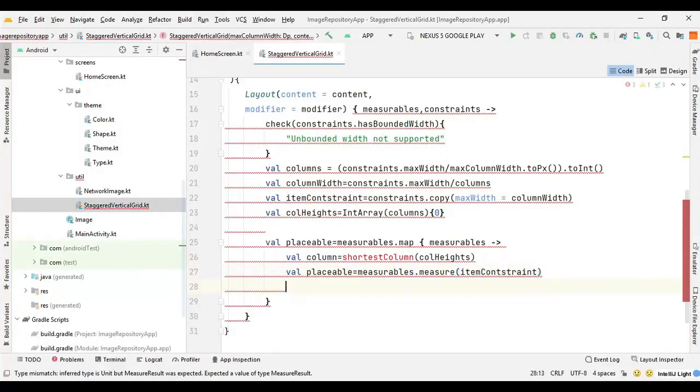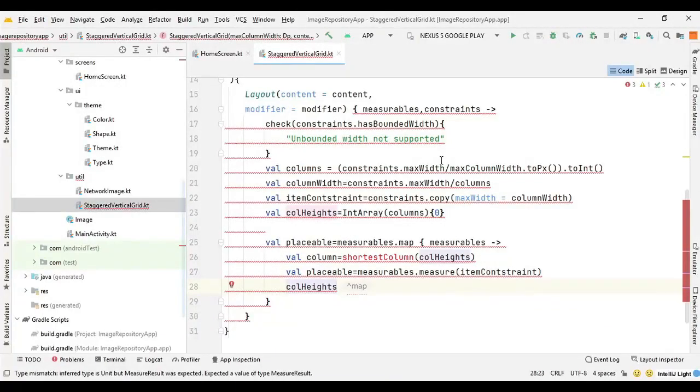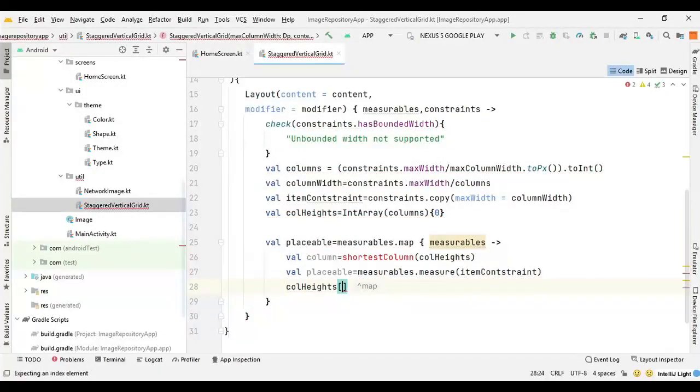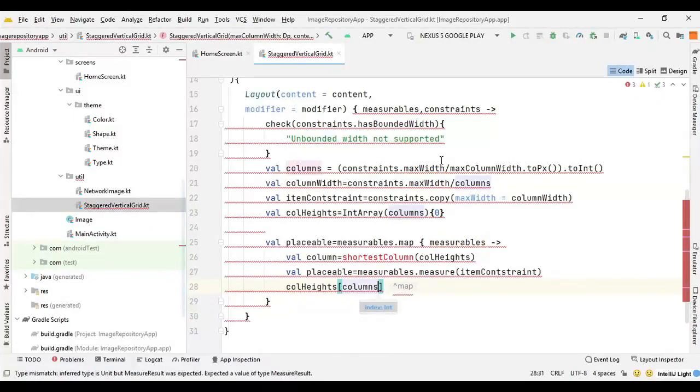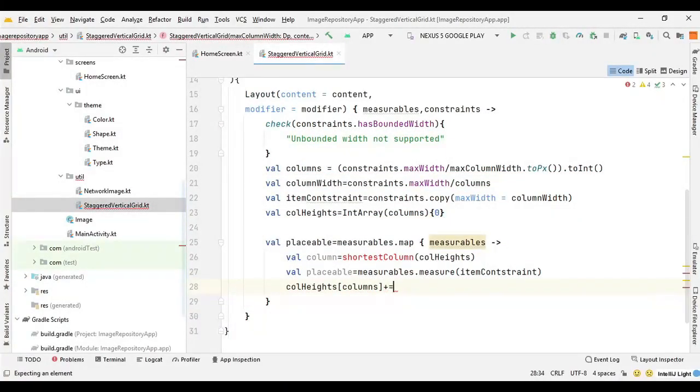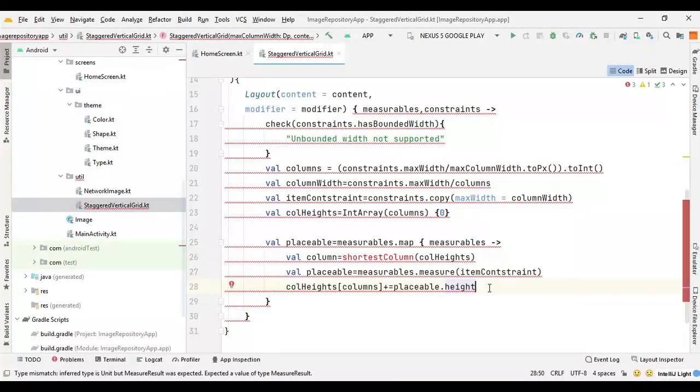So we can say column height and pass the column as an array because it's an integer array, and then increase the height by the height that we get from the placeable. So here we need to pass the column, and then we can add it by saying plus equal placeable dot height. Then we can return the placeable. So we can say placeable.